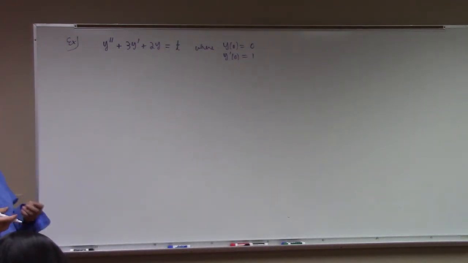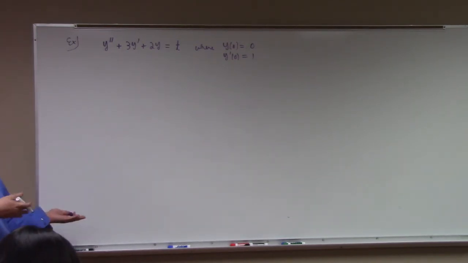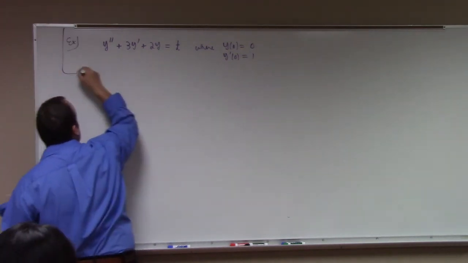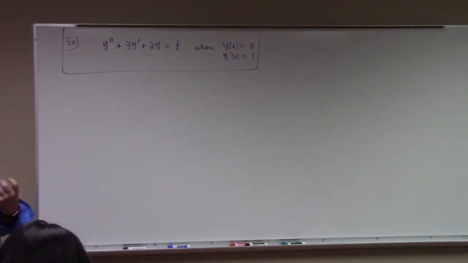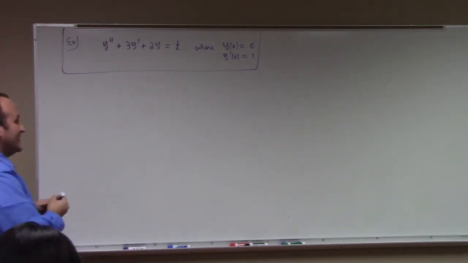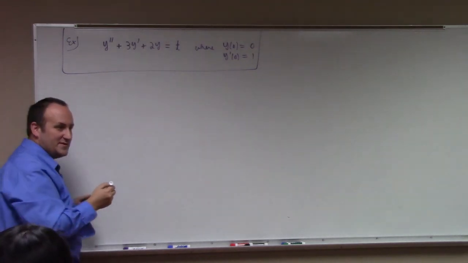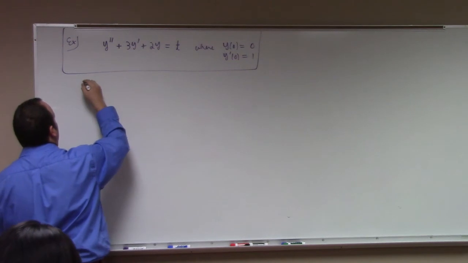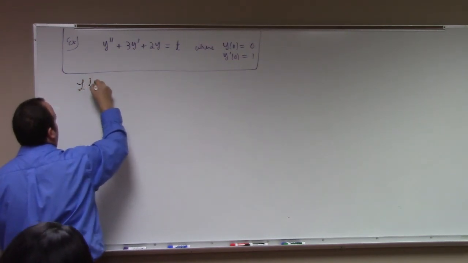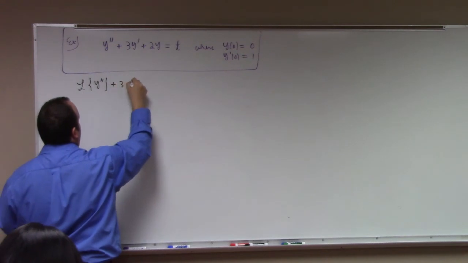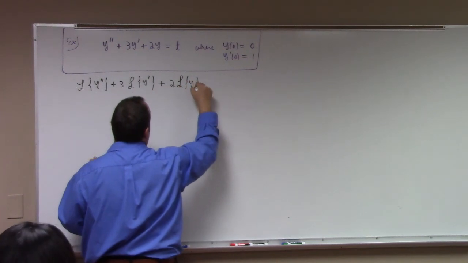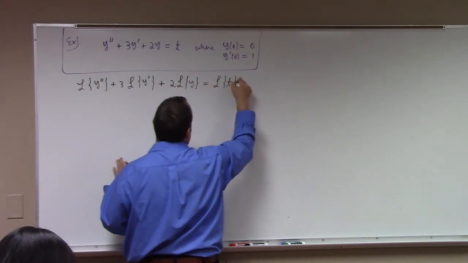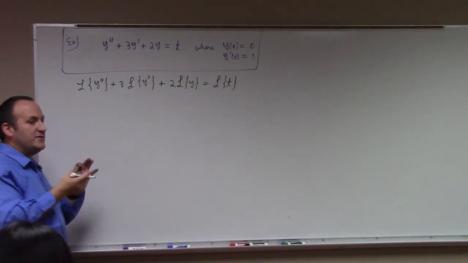So this is an initial value problem, right? And you know how to solve it. You could solve this if I gave it to you, right? It's a pain, but you can do it. Let's see how we solve it with Laplace transforms. So step number 1 in the technique is to take the Laplace transform of the differential equation. We can do that because of table 7.2. So we get the Laplace transform of y'' plus 3 times the Laplace transform of y' plus 2 times the Laplace transform of y equals the Laplace transform of t, right? In fact, I don't even usually write this particular